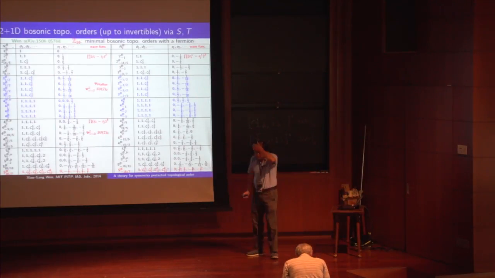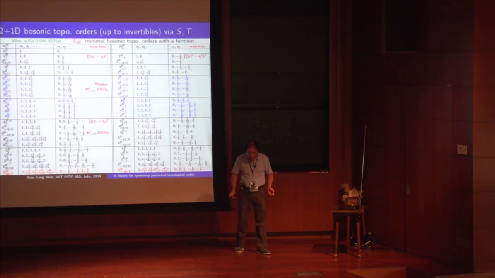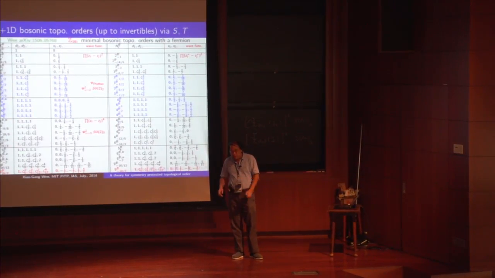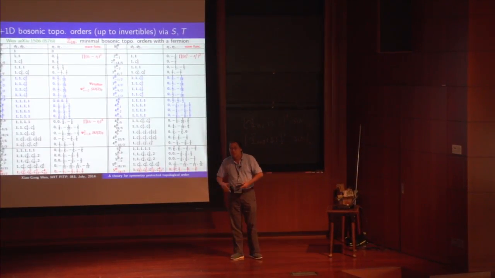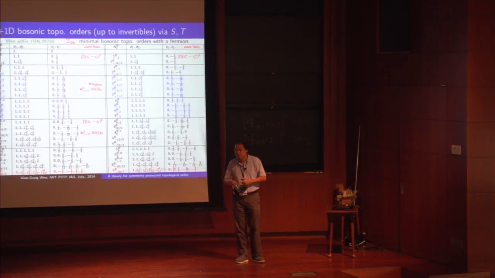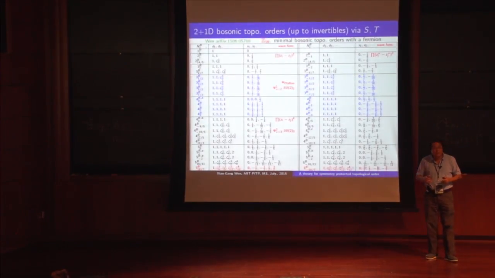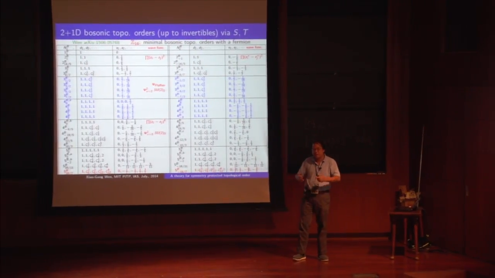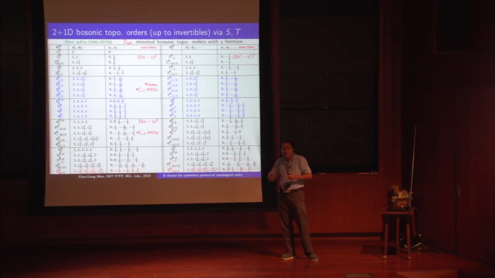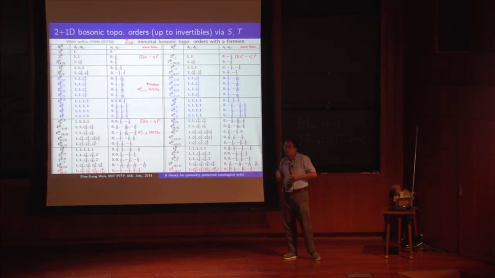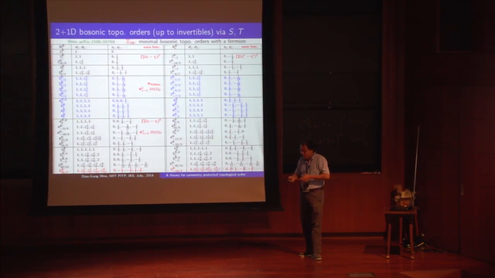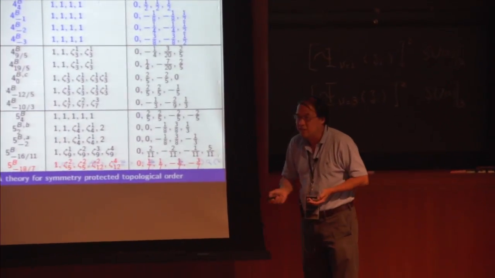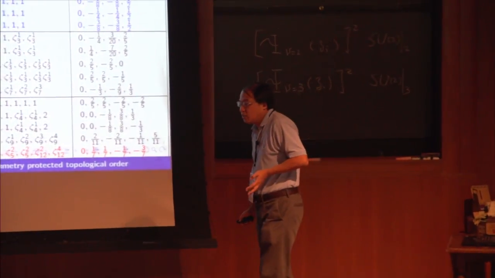Okay, let's just summarize a little bit what we did in last lecture. So now in the end, we try to say that we can use S and T matrix to label different topological order. And then we can have some condition on the ST matrix so that this ST matrix indeed labels topological order. So by solving those conditions numerically, we are able to produce this table, which